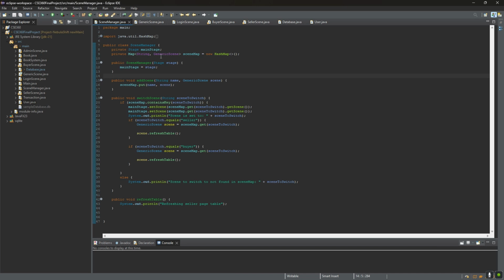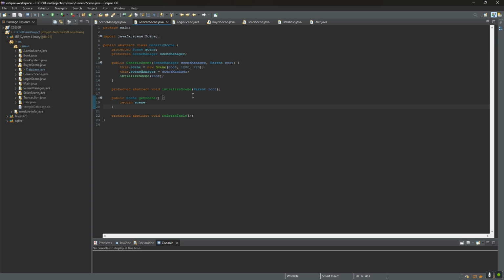So in our scene manager, we do have a generic scene class, which is the next thing we're going to talk about. Basically, the generic scene class is what we use as a base for all the classes. We knew that all of our scenes were going to be the same in some regard, but we just didn't know how until we made a generic scene class. So everything has to be 1280 by 720. It has to have a scene manager I can call to, and it has its own methods like initialize scene